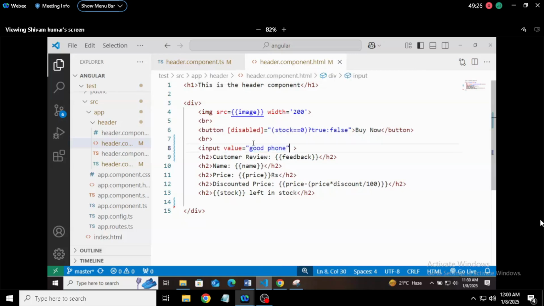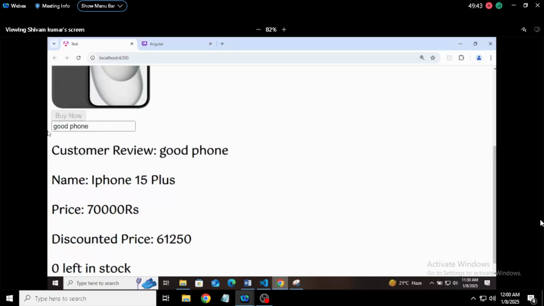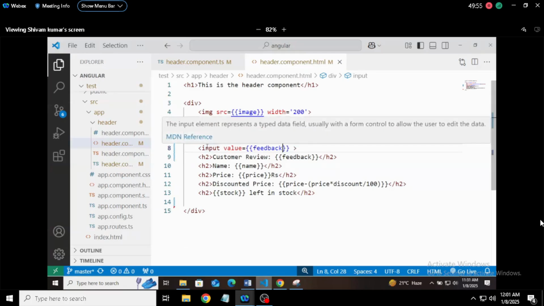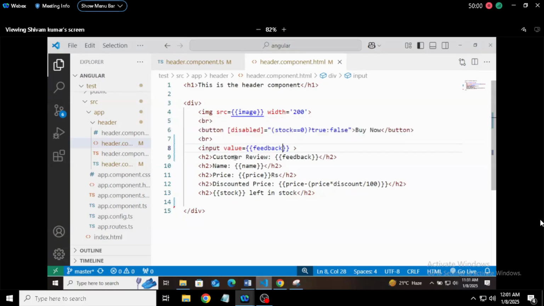If you are trying to say that value equals curly brackets, and you write feedback here, you will see something like this, right? This is called string interpolation. If you want to do it using property binding, so what you will do,